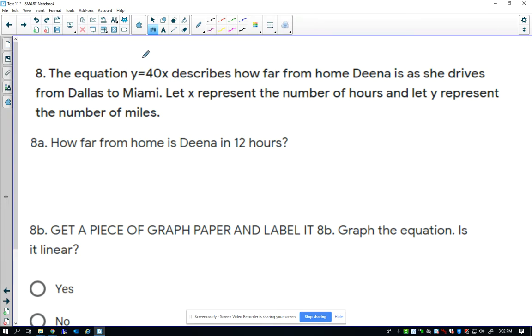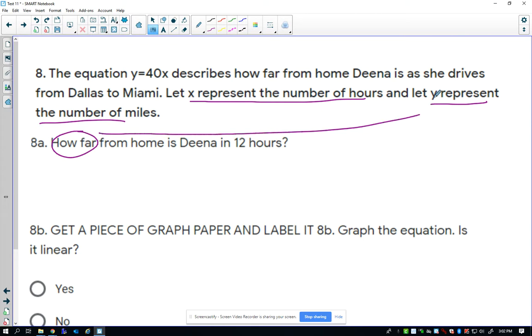So it says, let x represent the number of hours, y represent the number of miles. How far? I'm looking for y. She is 12 hours. That's x. So all I have to do is take y equals 40 times 12. So y is equal to